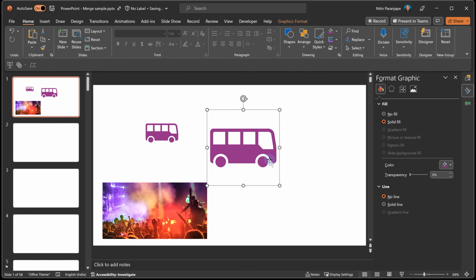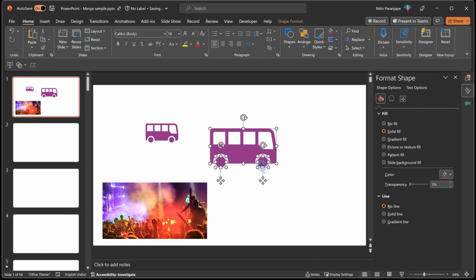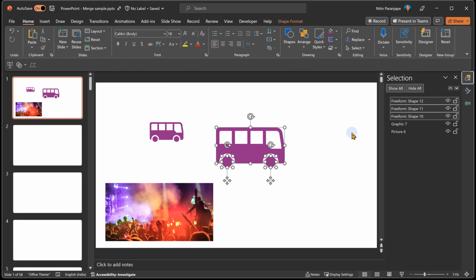And now how do I convert it to a shape? If it was a shape, then I can do everything. So right click, and if it is SVG, you will have an option called convert to shape. Now it's not one shape, it created 3 shapes. Now if I want to, I can group these shapes. I can group them, but then it's going to keep troubling me because I have to basically deal with 3 shapes. What if I can make one shape out of all these? That would be much more convenient.